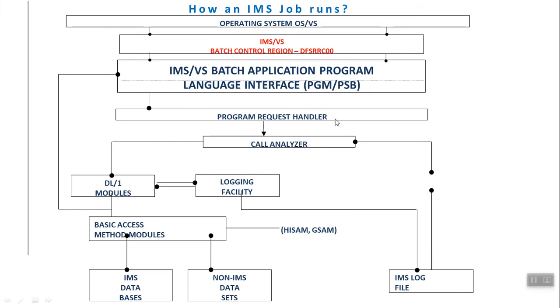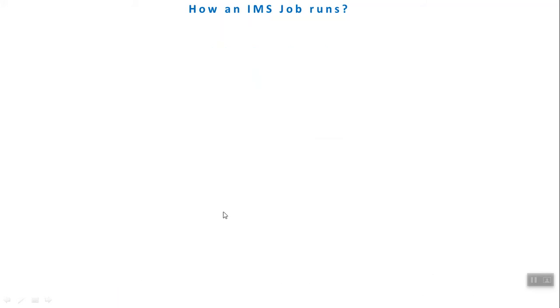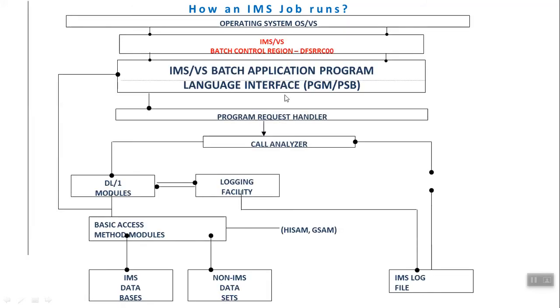When the entry statement is executed by the program, the program and the IMS database are connected via DLI modules. So DLI modules are system programs. When it is connected, connection means what? The address of the database is passed to the program, so the program can access the database. How is it passed? Through the PSB, through the PCB mask in the PSB.